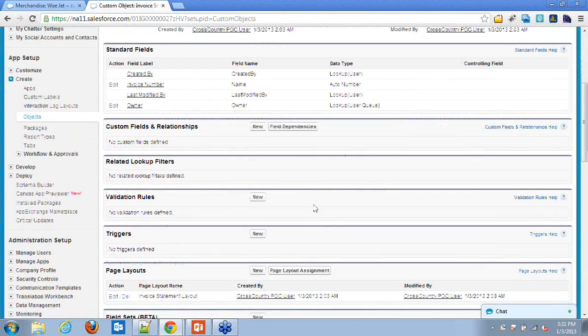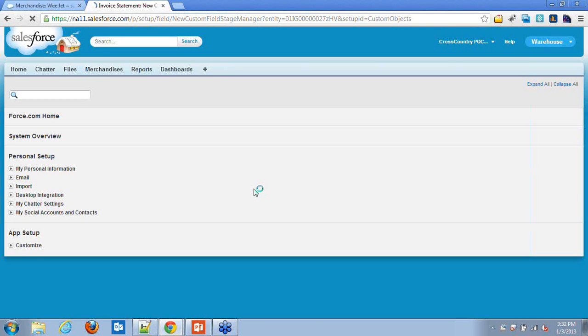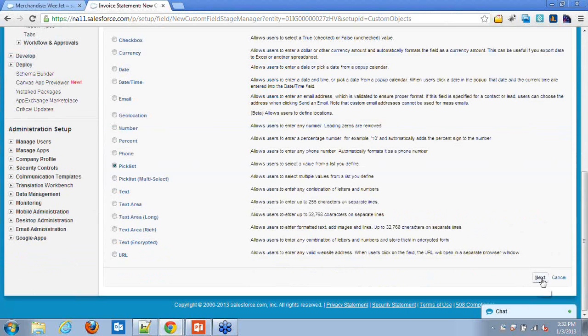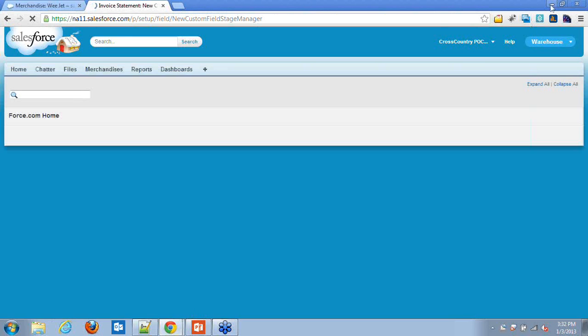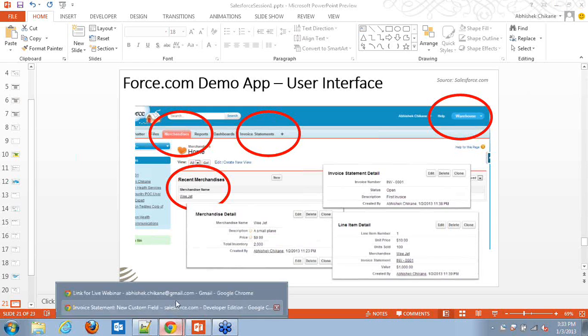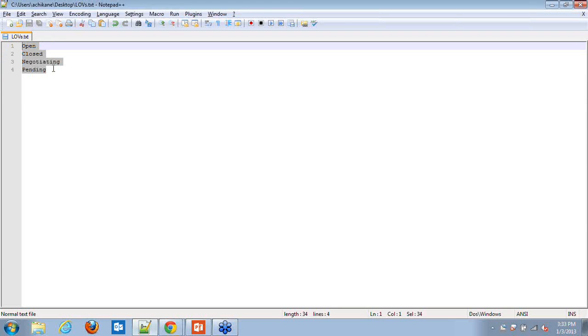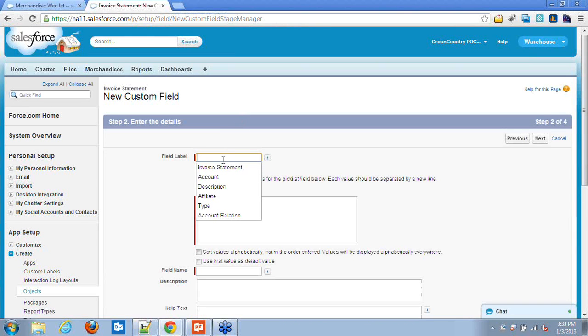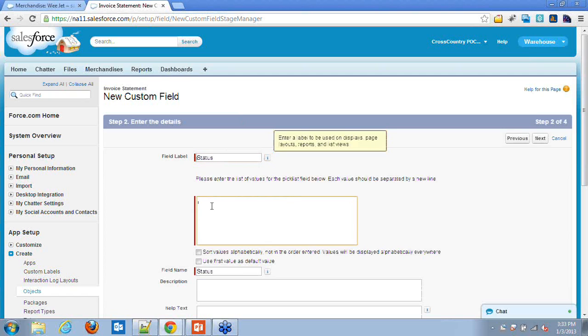Let's add just one field to it. And this time we'll add a pick list, as the invoice status. Here are the pick list values.